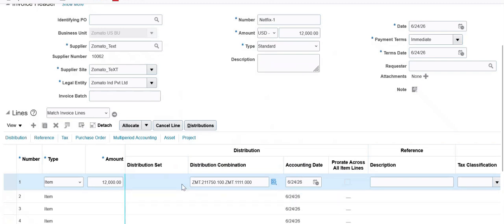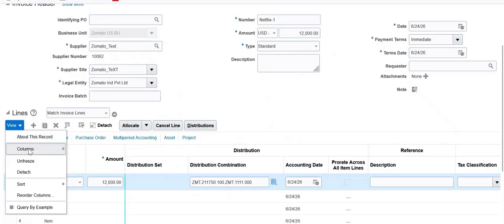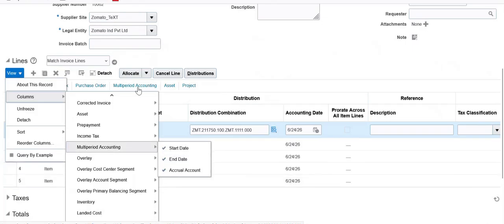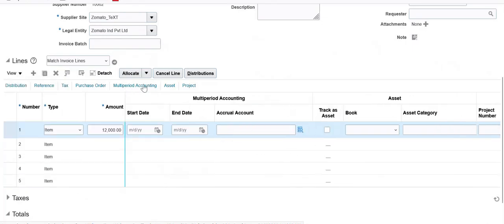Once you give the distribution account, you can see that there is a hyperlink called multi-period accounting. By default, you cannot see this option. For it to appear, you need to click on the view button, the columns button, and just drag down. You can see multi-period accounting. You just need to enable these three options. Once you enable these three options, you will get this hyperlink. Just click on this hyperlink,